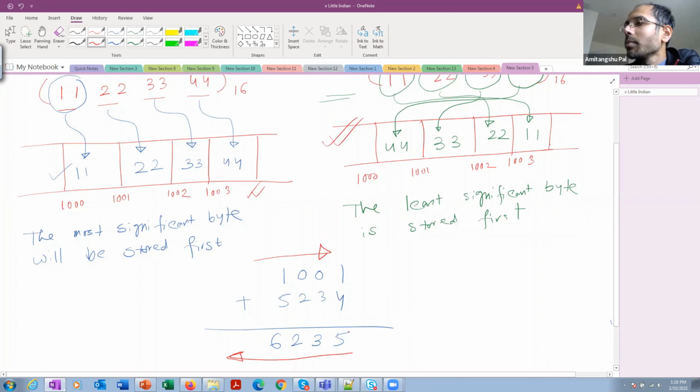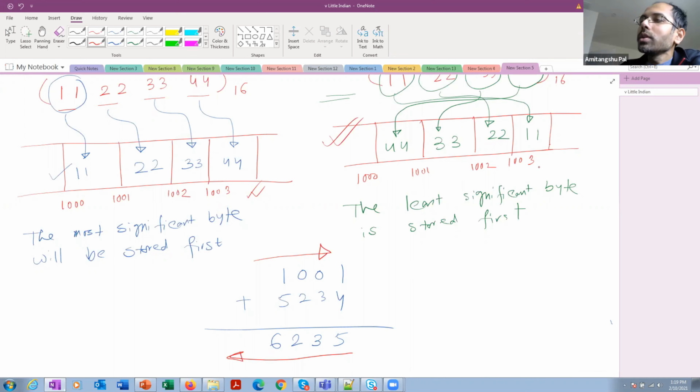In the Little Endian format, if you store it in the reverse fashion, then you will start from the first byte and move to the last byte. But while reading, you need to do the reverse operation. So what I am saying is that it's not like there is no advantage if I store a number in Little Endian format. Okay, that's all I want to say.